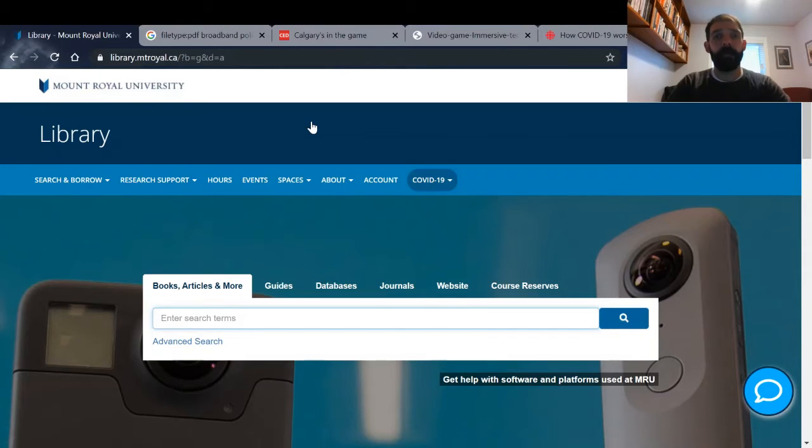So the first one I want to talk about is what is called gray literature in other disciplines. This is a broad term that refers to any sort of documents and papers that exist outside of normal scholarly publishing, so books and articles that go through a regular publishing process. In policy studies, gray literature would include things like research reports, policy briefs, policy papers, committee reports, any sort of document or report that's created in the course of business of a committee or a group in order to investigate a particular topic.